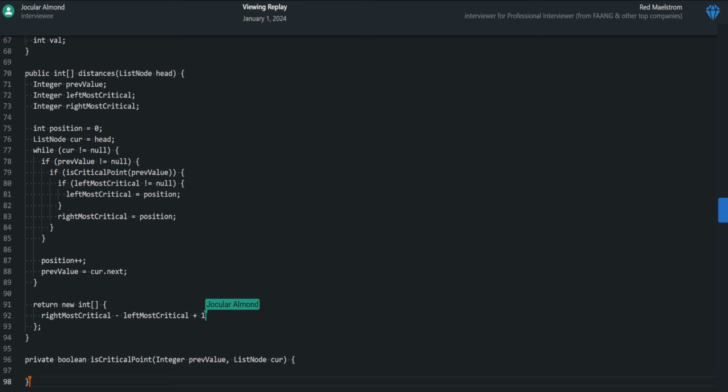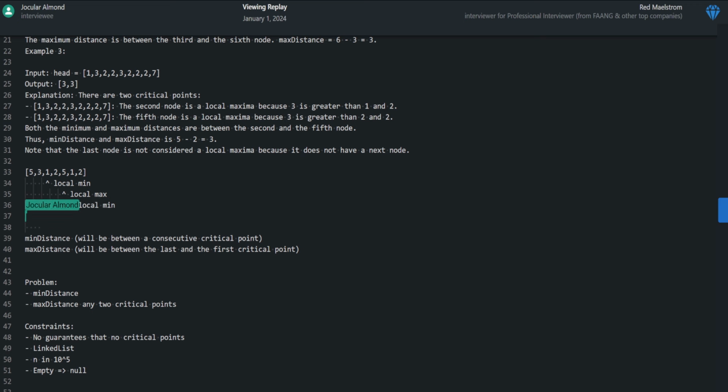In this example up here, this would be 0, 1, 2, 3, 4, 5, 6. The first critical point is at 2, and the last critical point is at 5. And so the total distance between